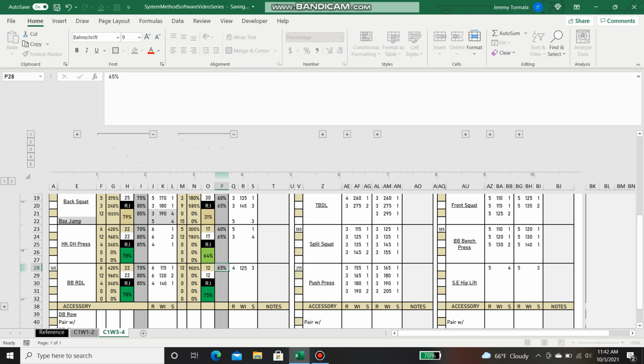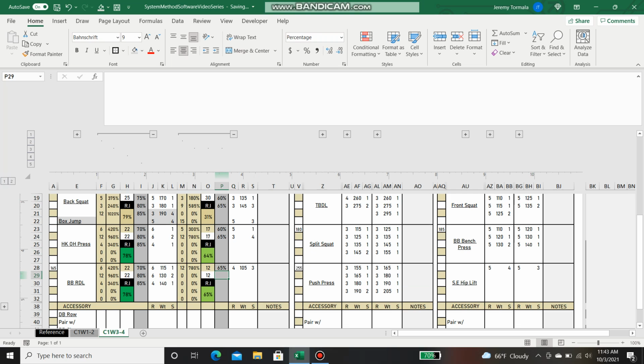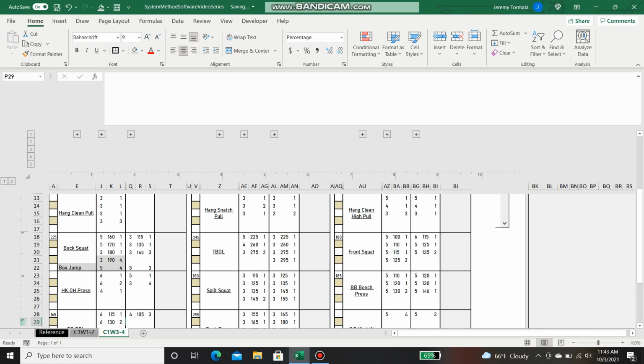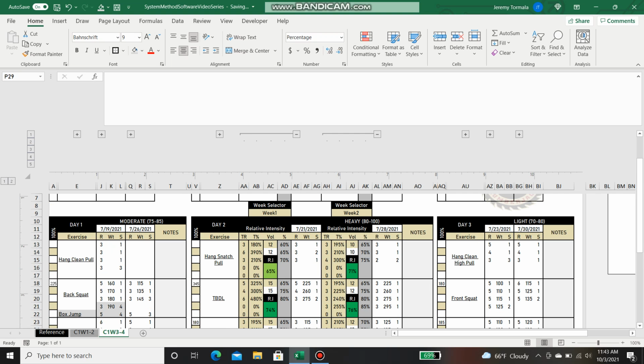Get that out, 65%. Any accessory work, I really wouldn't worry about the volume. It's not going to affect the nervous system, especially something like dumbbell rows or shrugs. As far as the ability for our guys to recover, it's these primary movement categories, the 7 of them, that really take a hit on the central nervous system. So once I'm done, close those out. I'm probably just going to fly through these ones a little bit. So we got 12, 3,